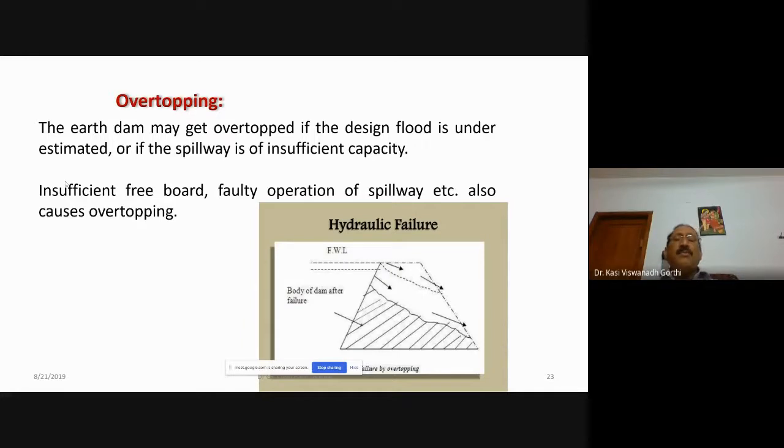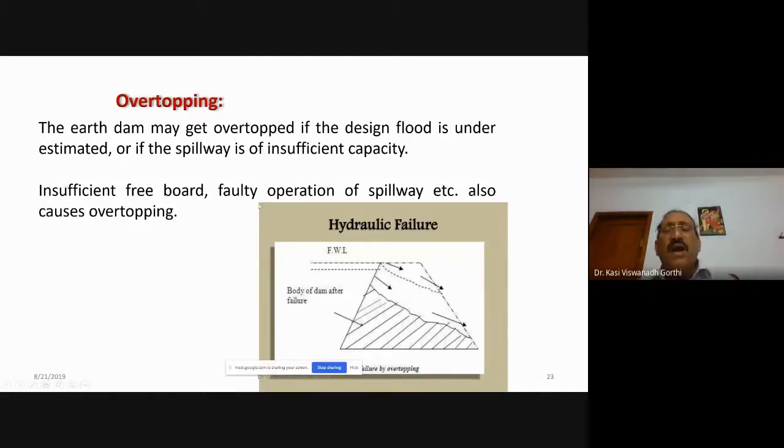Then there may be a problem. The water level in the river rises, and it may move over and above the top of the earth dam, leading to water flowing from upstream to downstream over the body of the dam. This is what is called overtopping.